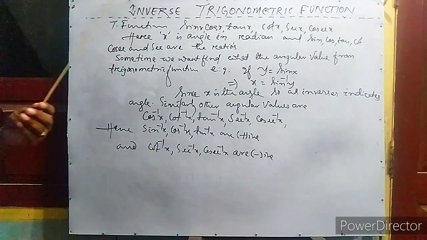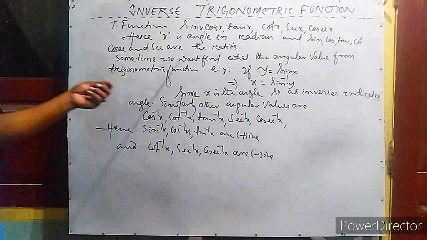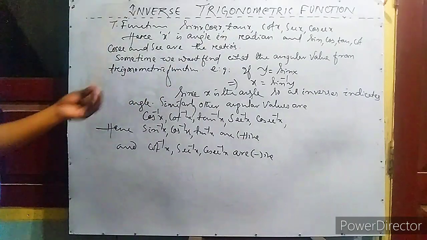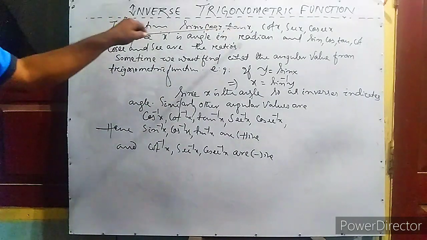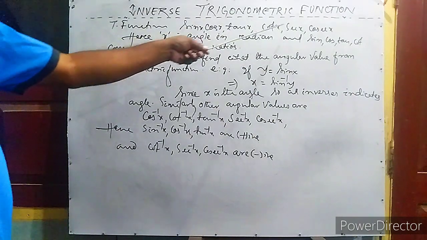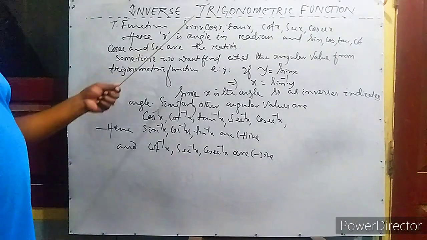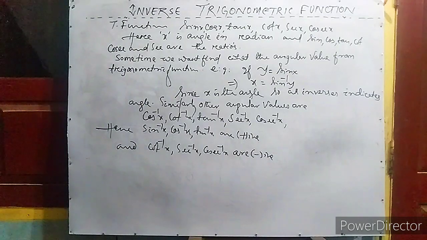You look, there are two measurements of the angle. One is radian measurement, and the second one is degree measurement. Here x represents the radian measurement. So what about sin, cos, tan, cot, sec and cosec? These are the trigonometric ratios. Sin means the opposite side by hypotenuse. Just like sin, cos, tan, cot, cosec and sec, these are ratios. So now we will discuss the inverses in detail.